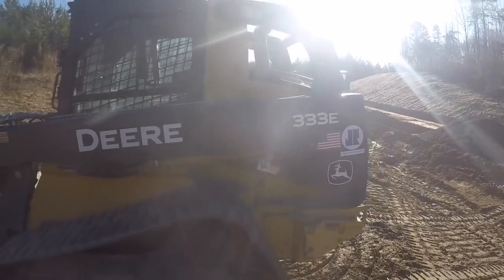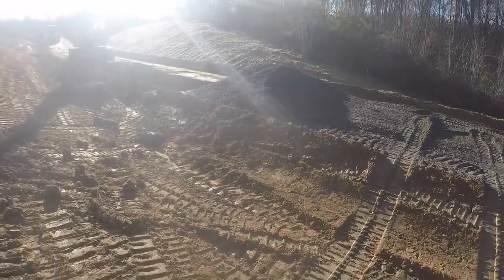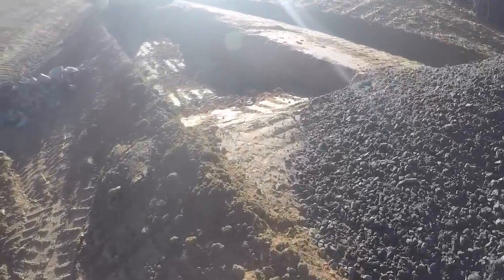Maybe someday I'll do a review on our 333E. This one's not ours. This one belongs to my dad's partner, but we've got one just like it. Anyway,